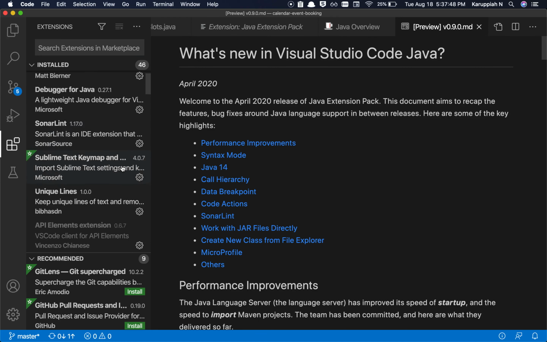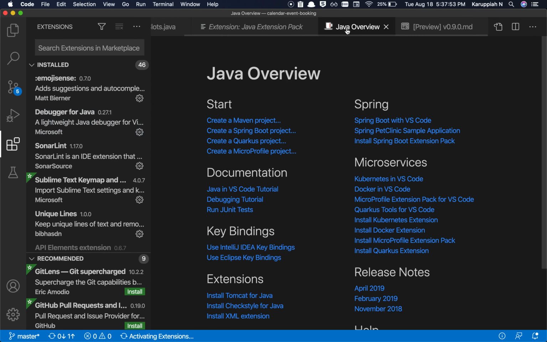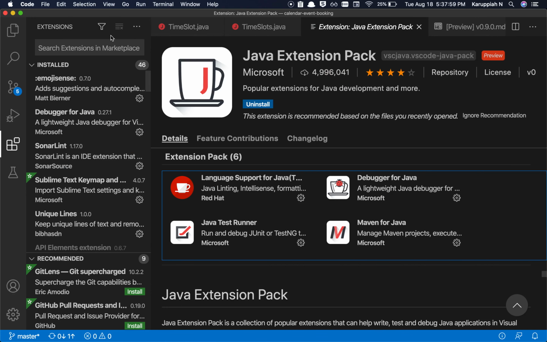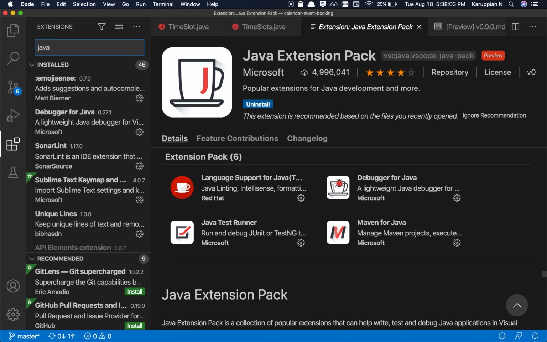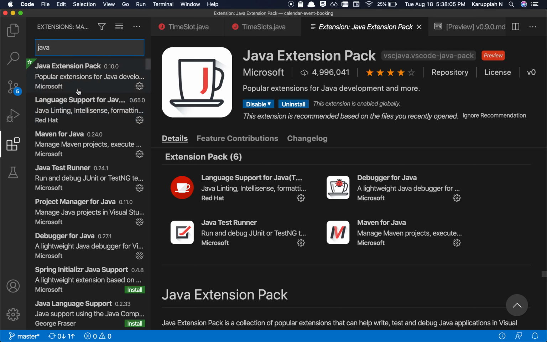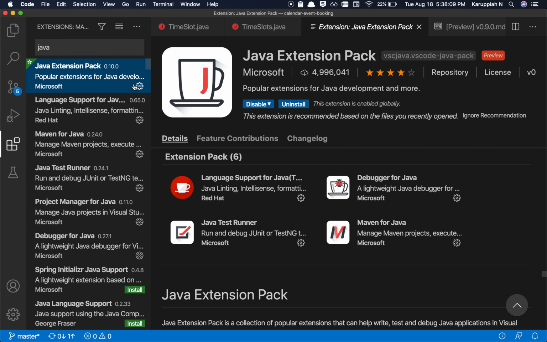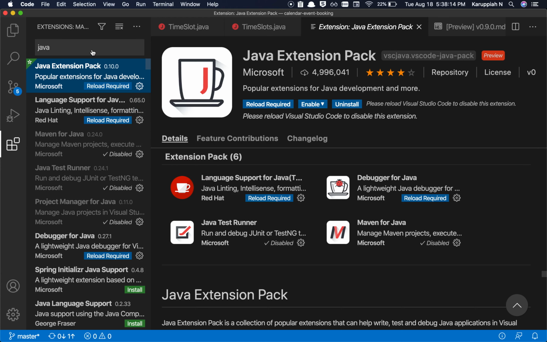And then also disable this Java extension, okay, disable and enable in this workspace.